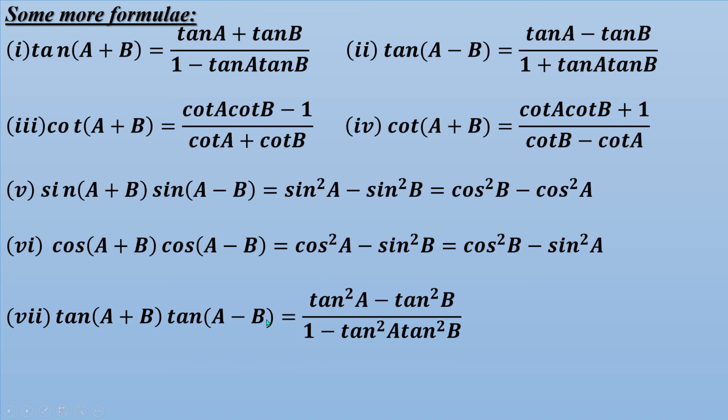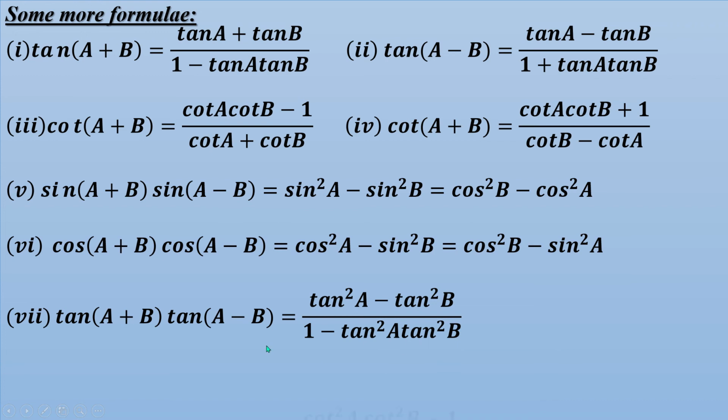tan(A+B) into tan(A−B) equals (tan²A − tan²B) by (1 − tan²A tan²B). That means tan(A+B) equals this, and tan(A−B) equals this. Here A plus B, and here A minus B. So the formula will be tan²A minus tan²B, and here also minus, here also plus. So here also the formula: (A plus B) into (A minus B) means A square minus B square,